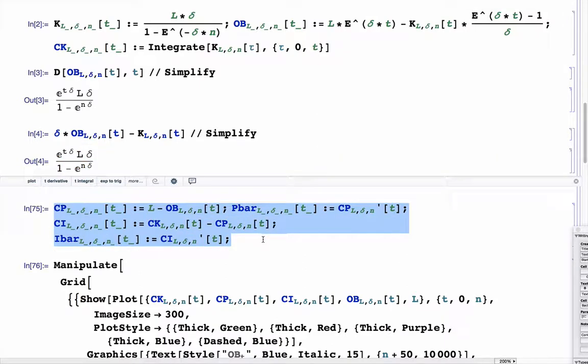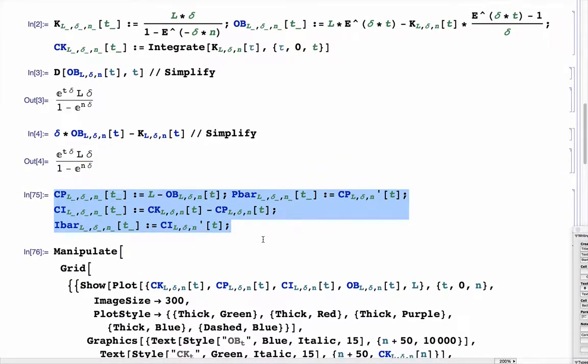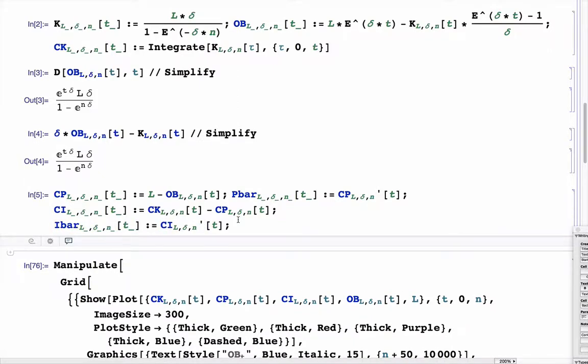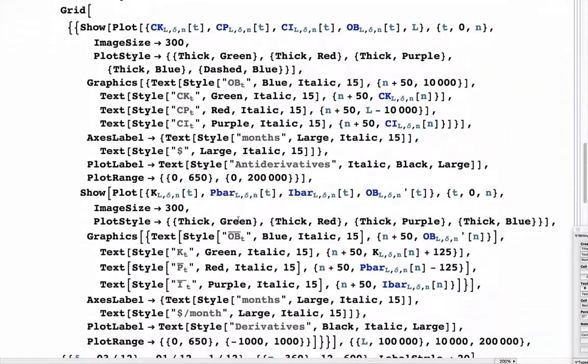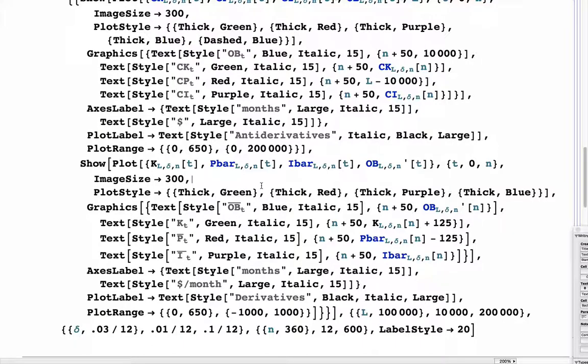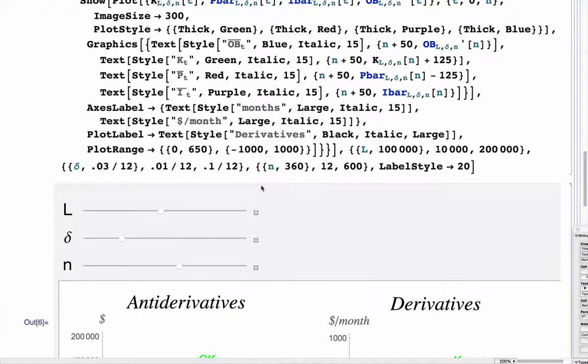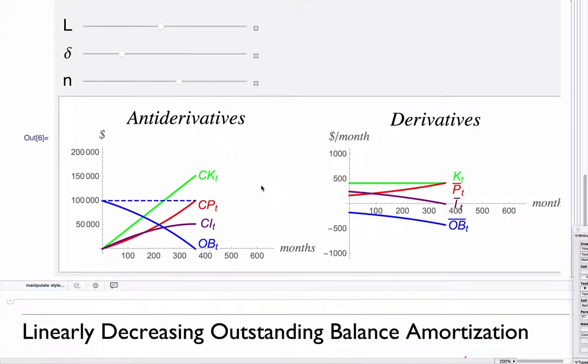This code down here will enter the other functions we're interested in: the cumulative principal paid, the rate of change of that function (notice the prime here for the derivative), the cumulative interest paid, and its derivative. I can enter this code to get those functions, and then I've got this big long chunk of code here. This is going to make the interactive graphs. You don't need to understand how it's working. Let's just go ahead and enter it and use it now. So here we have the graphs,